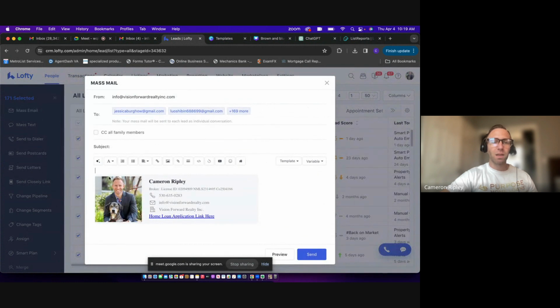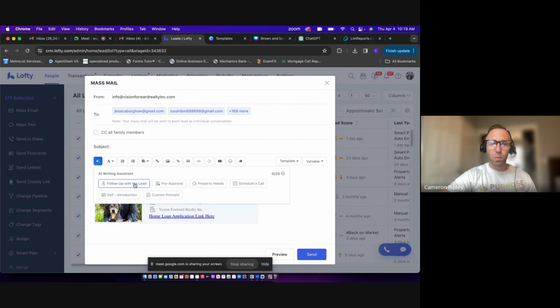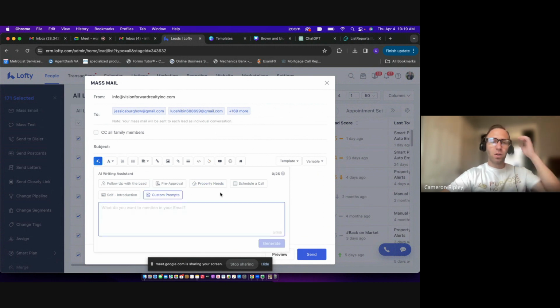And if I don't want to have to think of something myself, I can click on this magic icon, follow up with the lead. So, AI writing assist. We can do custom prompts. We can schedule a call, property needs, pre-approval. So if I come here to, let's say, custom prompt. These are people we haven't been able to talk to before. So I'm going to say,